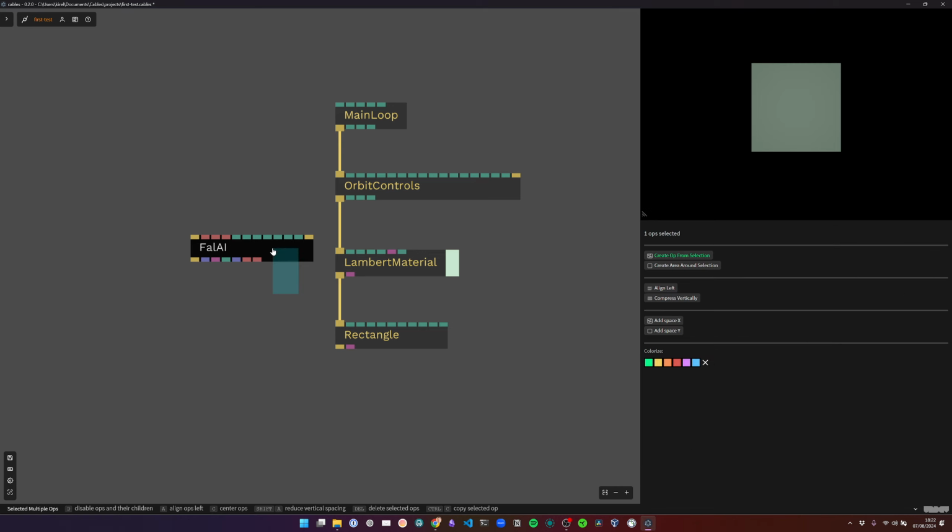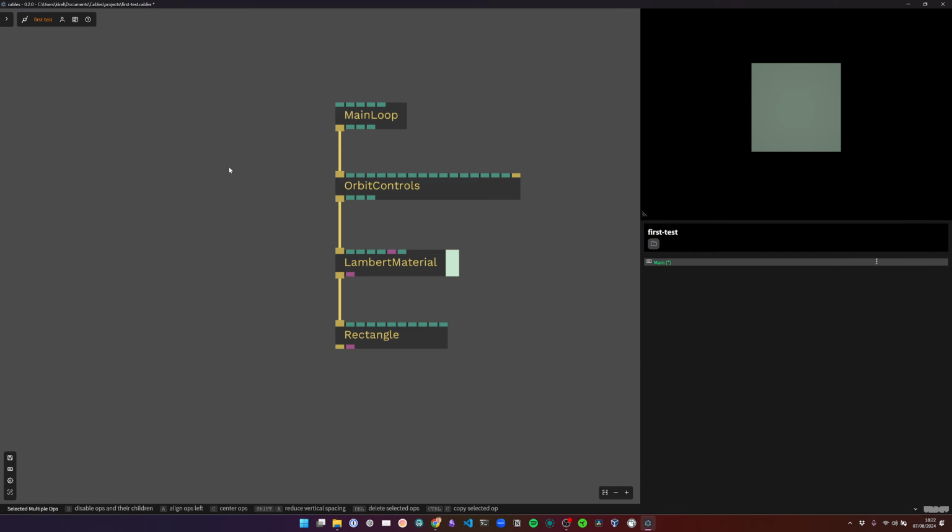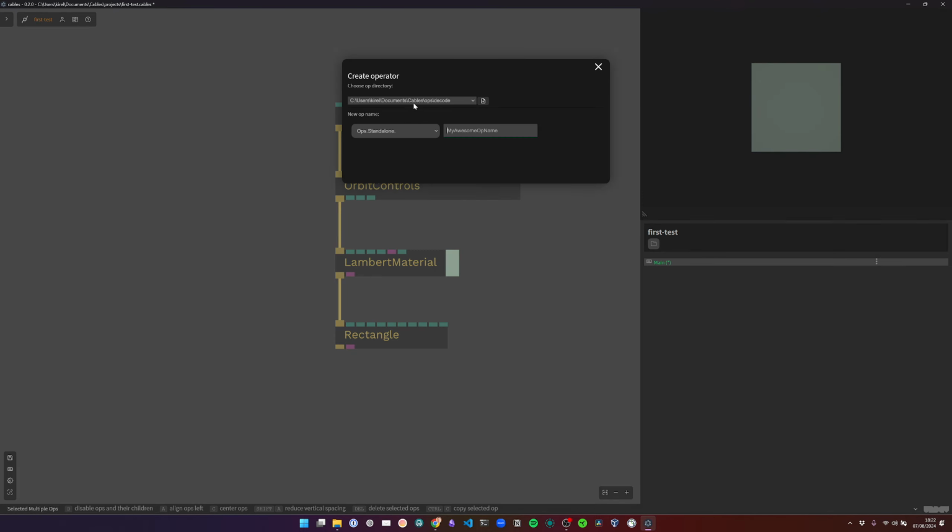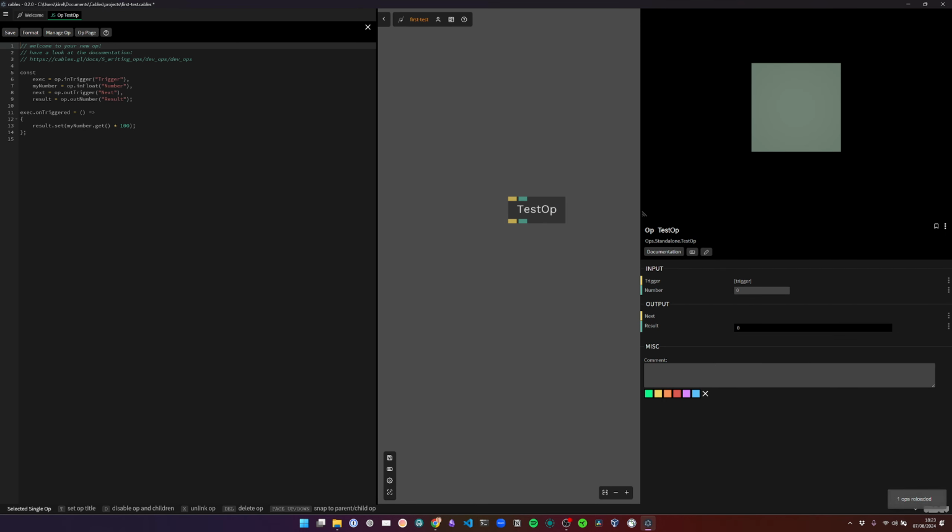If you needed to create an op, you just have a brand new project. You can go there and code a new op. You decide where you want to put it. So let's say test op, right? This is where I want to put it. This is exactly like the regular online cables. If you're not familiar with how to develop ops on cables, please take a look at the videos we did online. And the cool thing about the standalone version is that we can use the built-in editor,